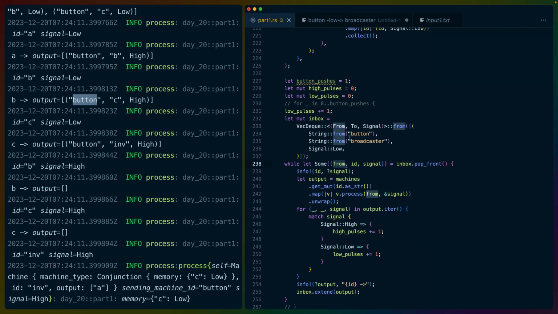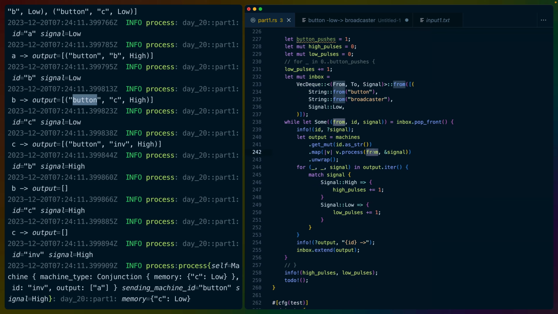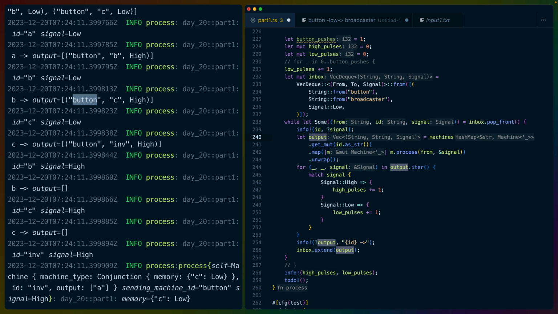And button is just sticking around, and button doesn't need to stick around. So this from gets sent in here. We're now sending this in as a capital S string, which I guess we were borrowing from here before. So process from is a capital S string. We send that in. It comes back from button to broadcaster, from button to broadcaster. So we get the broadcaster, we process on the broadcaster, change that to M. Machine process, give it where it's coming from, which is button, get back the output, which gives us from, to,